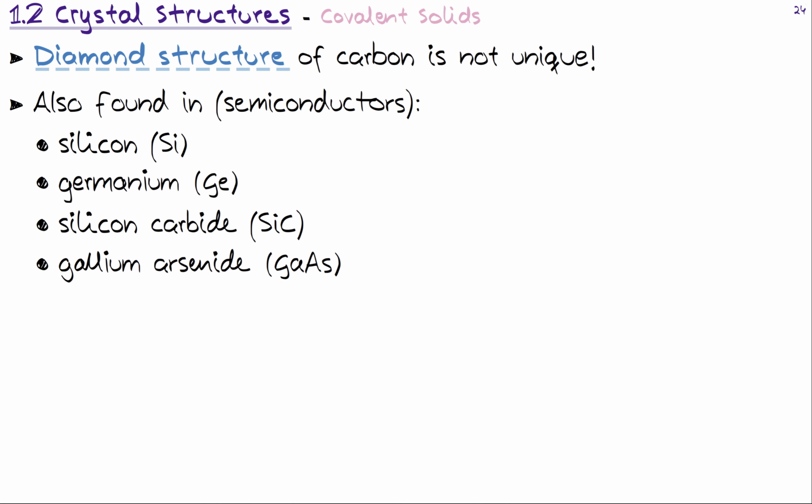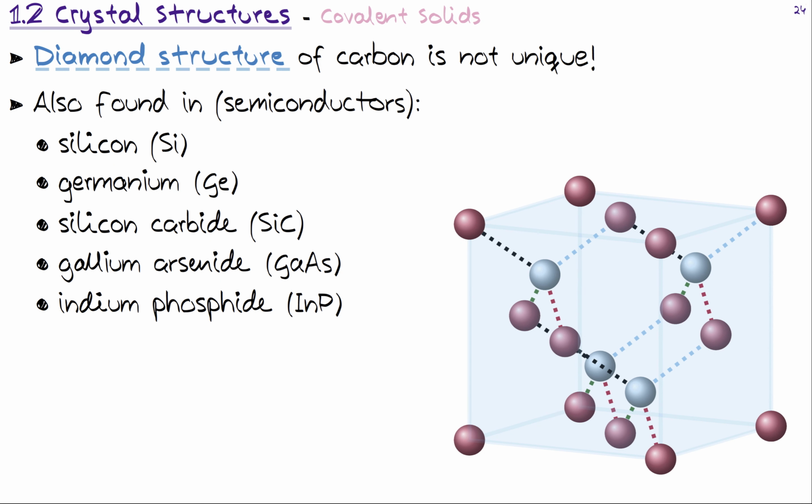But here we get along quite nicely when we just equate these with diamond structures, though there's more sophistication in terminology. And indium phosphide is yet another quite important semiconductor, and it also forms solids in this kind of three-dimensional